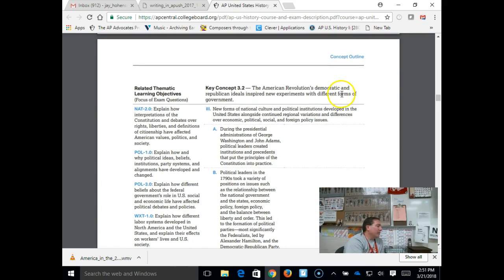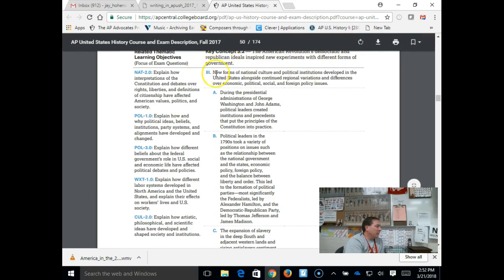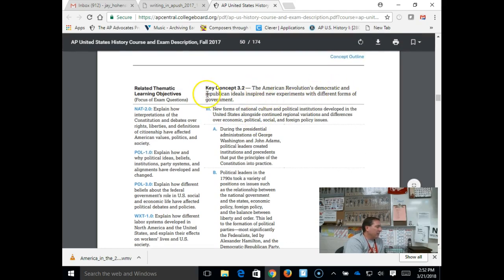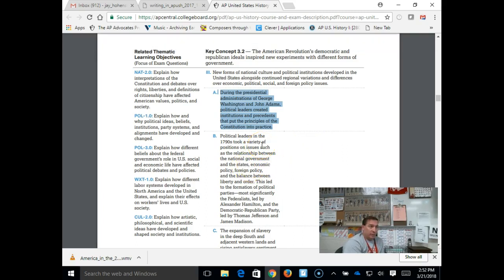It's at this point, though, that the Constitution is done, and as a result of the American Revolution, we're going to come up with different forms of government and different interpretations of that government. So let's start, first of all, with Washington and Adams inside this box. They are both leaning in the Federalist direction. Even though Washington claims he has no party, he is leaning Federalist. The precedents that George Washington sets down are many.